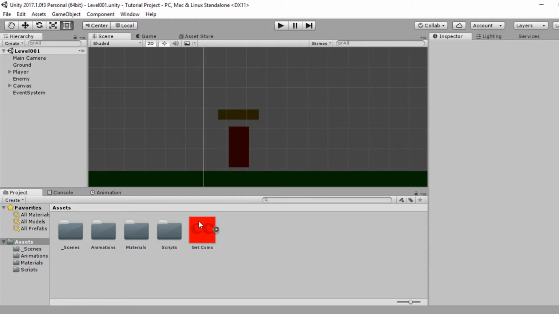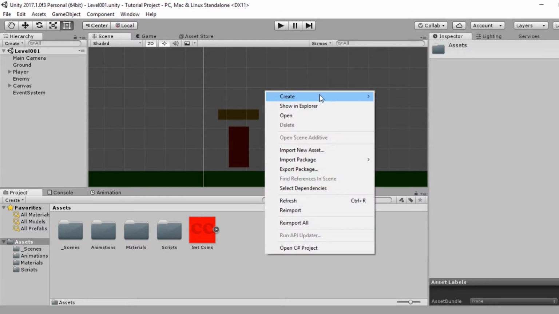Hey guys, Cobb here. Today I'm going to be showing you how to make a Super Mario type coin score system in your game. So first, what you're going to want to do is go into here, right click, create